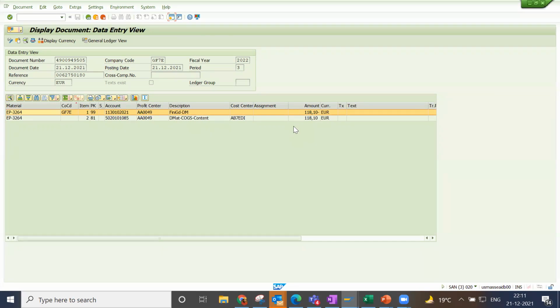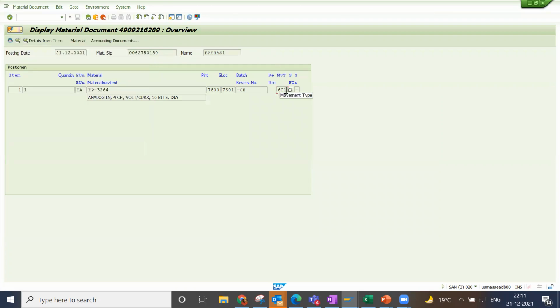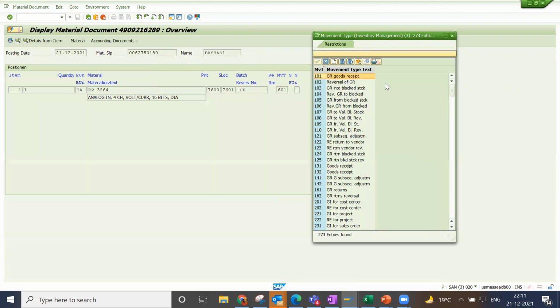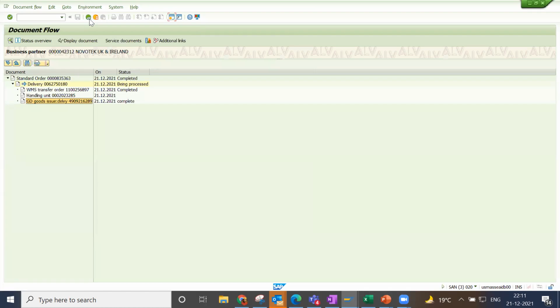It actually happens based on the movement type. You can see the movement type here. Whenever any movement happens, the finance person generates the accounting document. So the accounting entry is always based on the movement type. See here, for movement type 601, the system considers the cost of goods sold account debit, and credits the revenue account and inventory. So till now this is completely related to SD and MM.